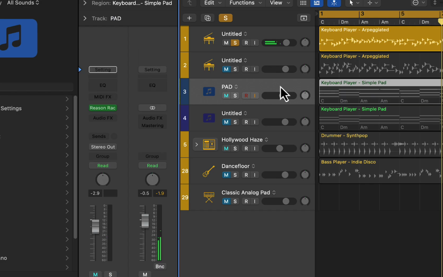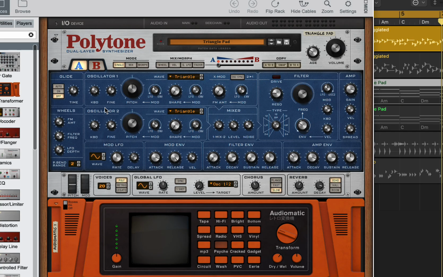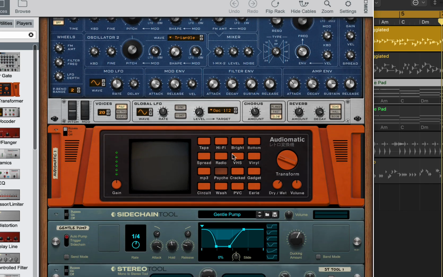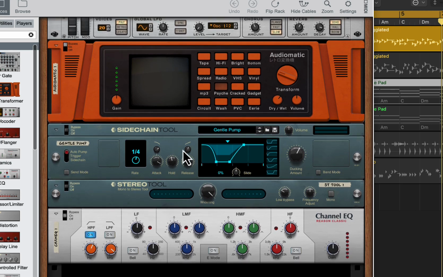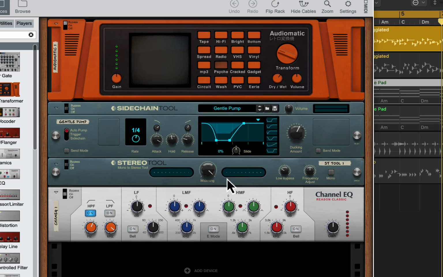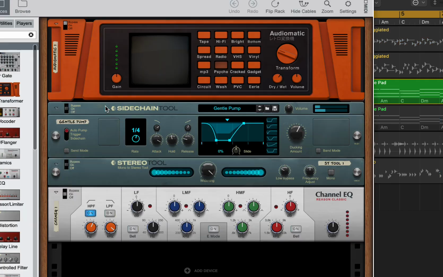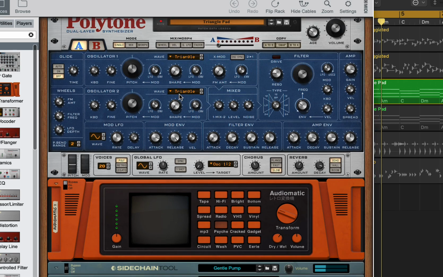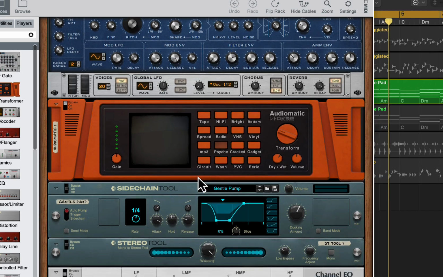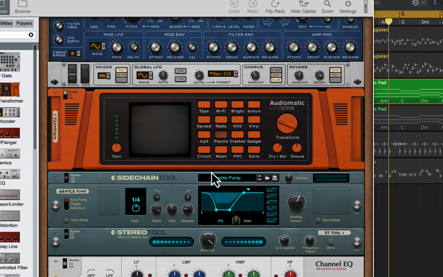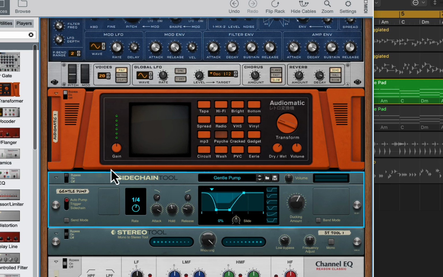So next up we have a pad part here that I replaced with another different instrument in Reason, the polytone. I got some side chain going on, pumping effect, and then a stereo tool, and then just a little bit of EQ. So let's check out that. And with the sidechain tool, you could get all kinds of different pumping effects. Here's a bypass real quick. Then when I turn it on,